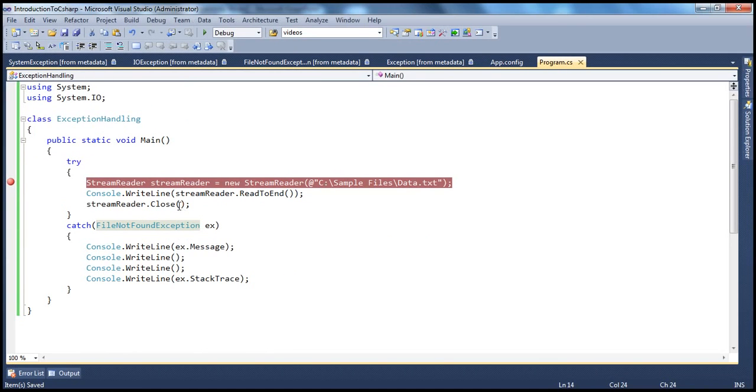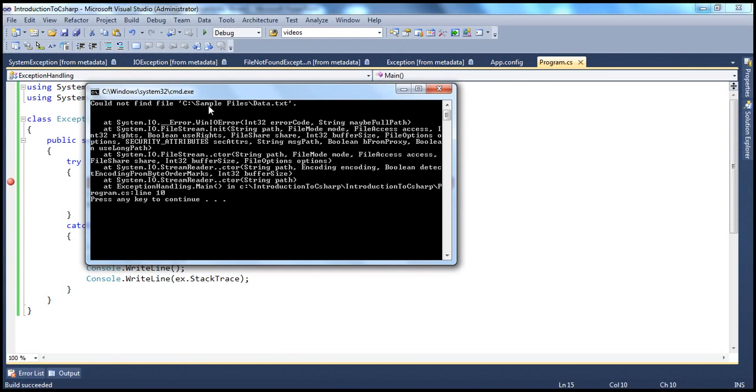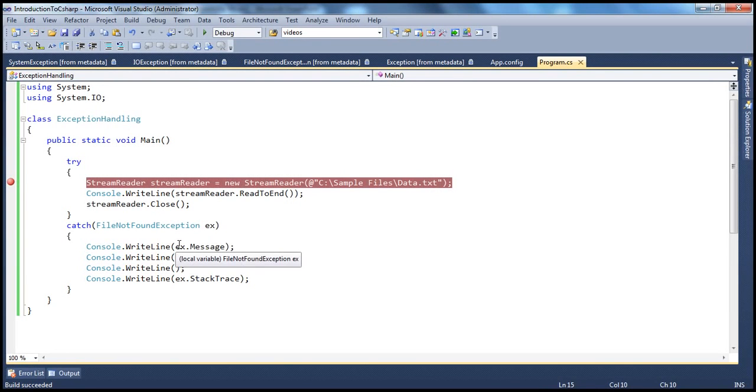Let's go back to our program now. FileNotFoundException. Now if I run this, you'll see that this is the message and this is the stack trace information. It's very much similar. FileNotFoundException is inheriting indirectly from the Exception class. Now when you look at this FileNotFoundException object,